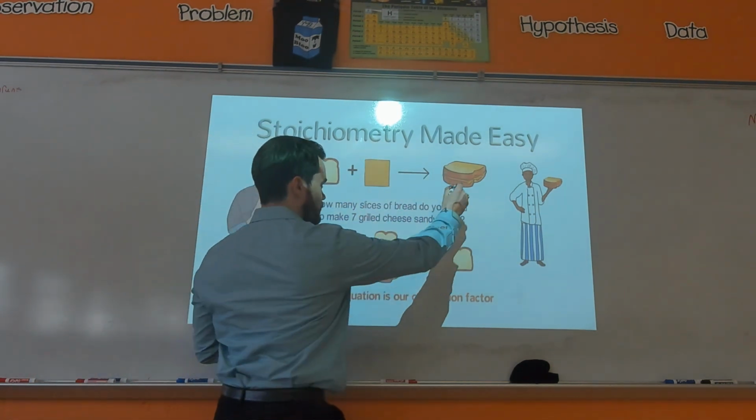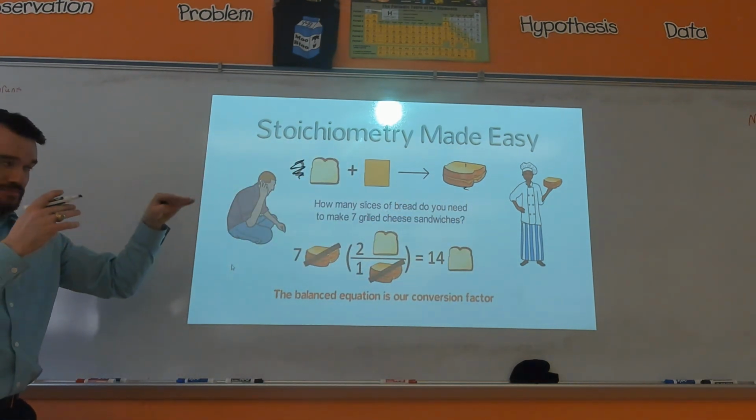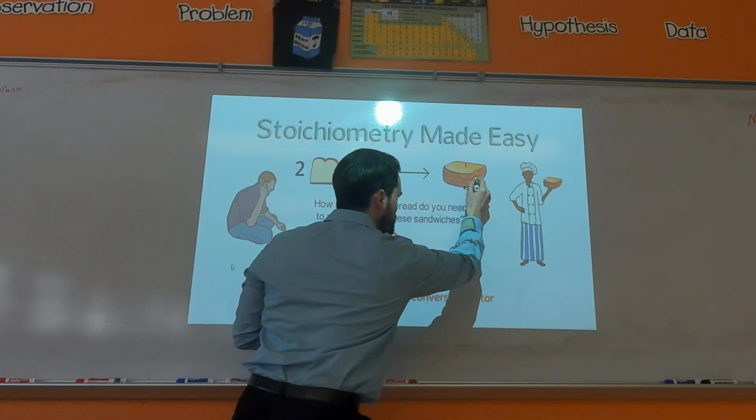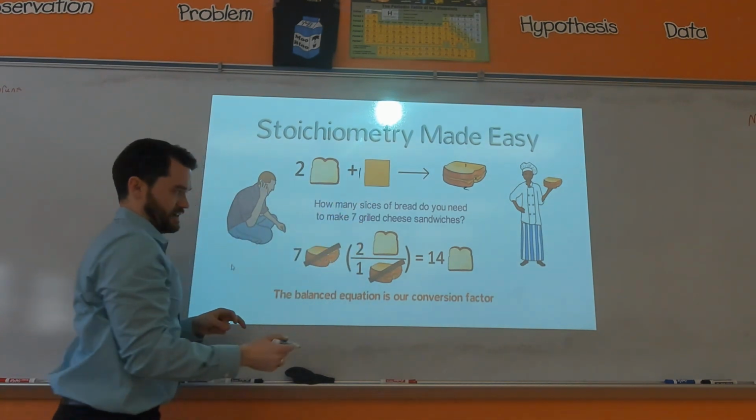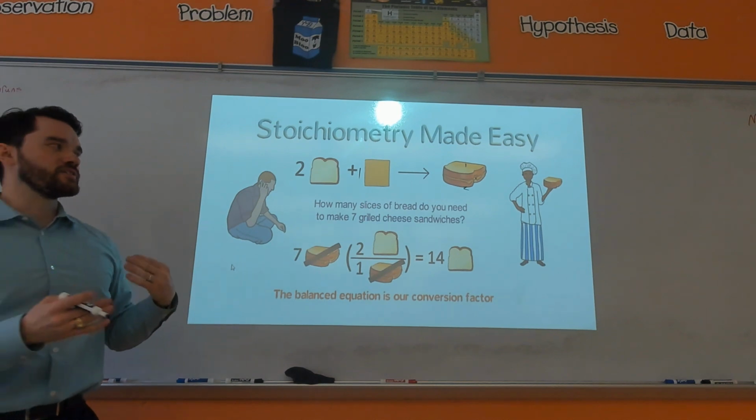You'd have bread plus cheese equals sandwich. But over here, you have 2 slices of bread. So if you were counting your atoms, that's why you need a coefficient of 2 here. And then you can see there's just 1 single slice of cheese, so that's why there's just a coefficient of 1 there. Okay? Now, solving some problems, let's say you're